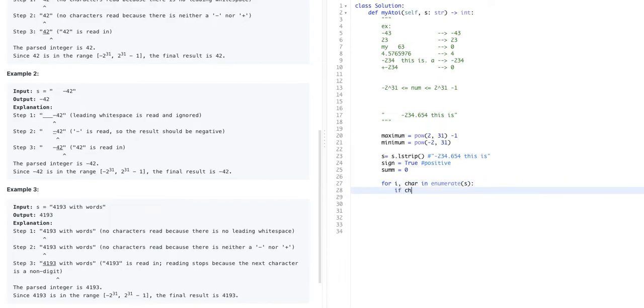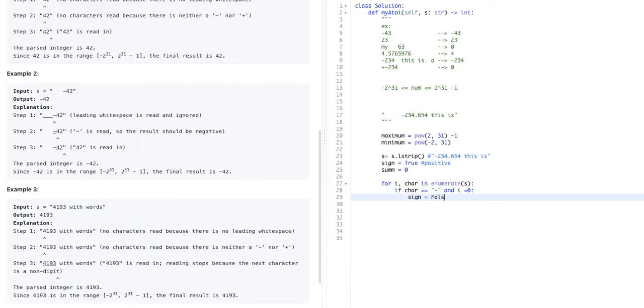I'm going to say if the character that I have is equal to negative, and if it is the first index, which is going to be index 0. Why? Because if it is the second index, we are just going to return 0 and we are not going to do anything, right? So if it is the first index and if it is negative,